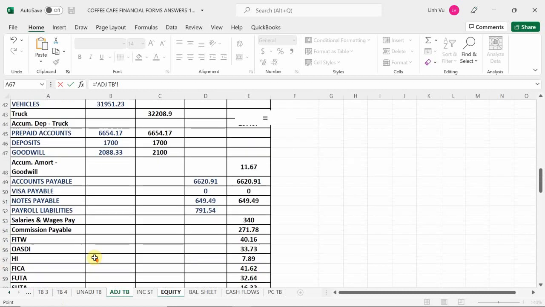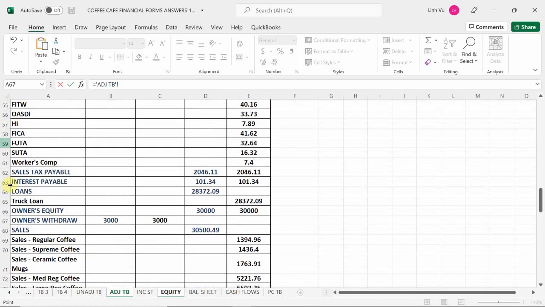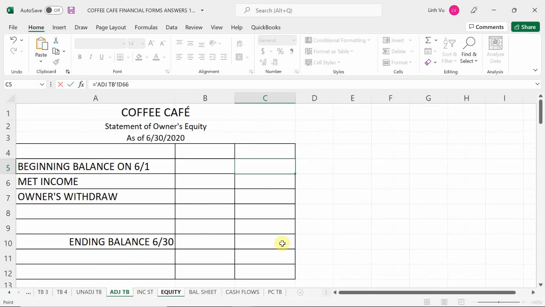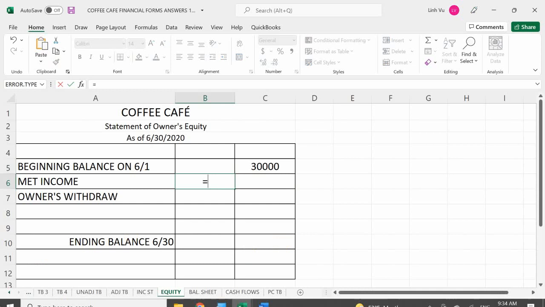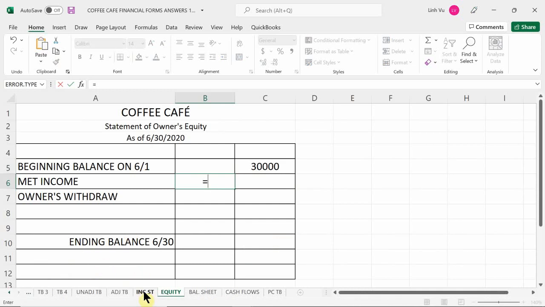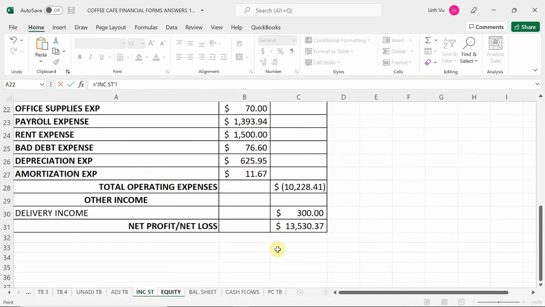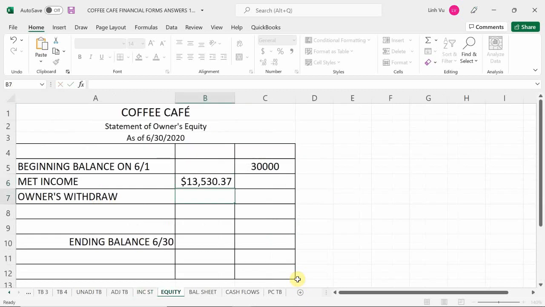Here's my equity. Yeah, owner's equity. It was $30,000. Net income will always increase because we're reinvesting the profit back into it. And where do we get that number? We get that from our income statement. This is our profit. So we're adding the